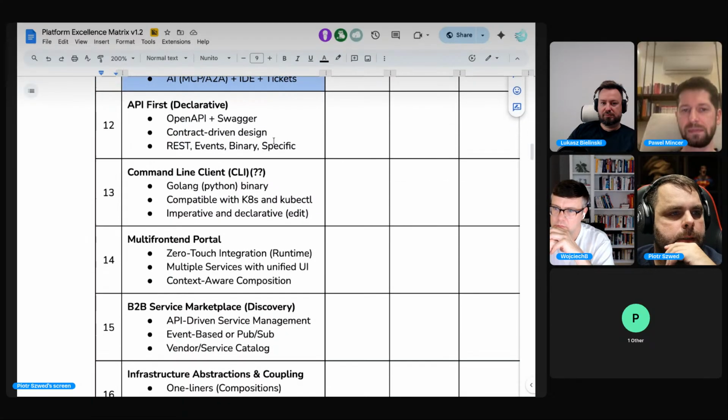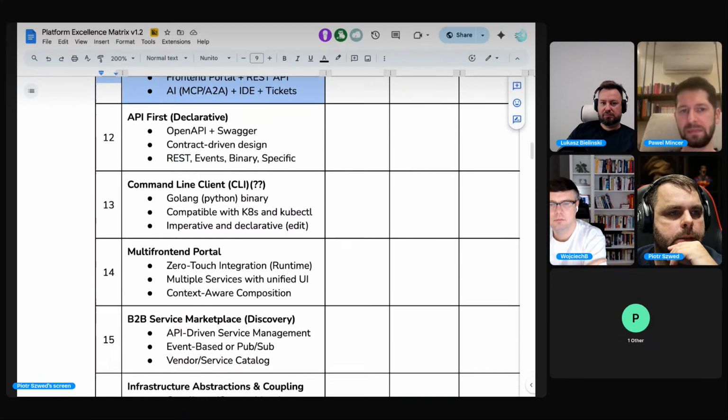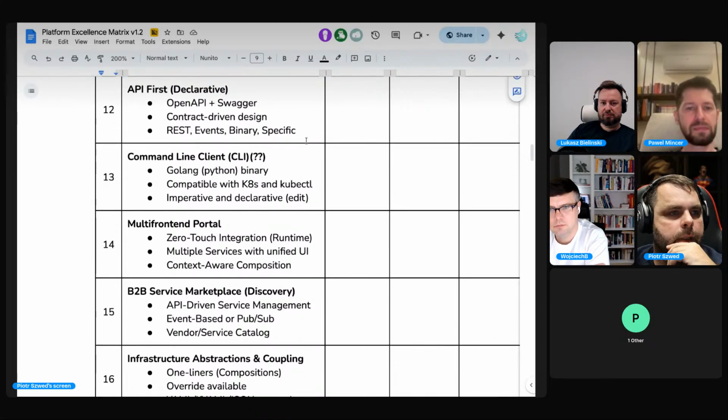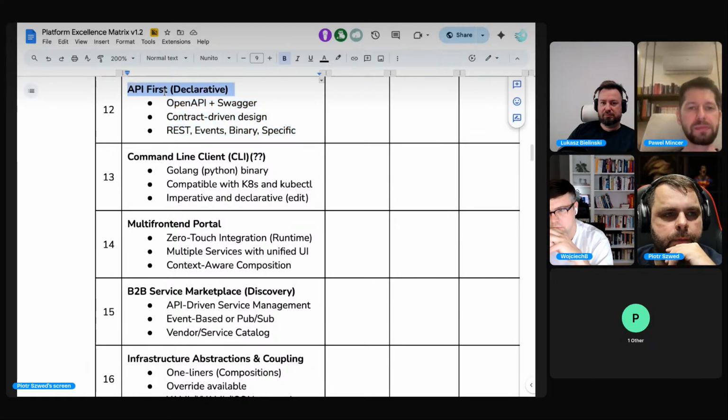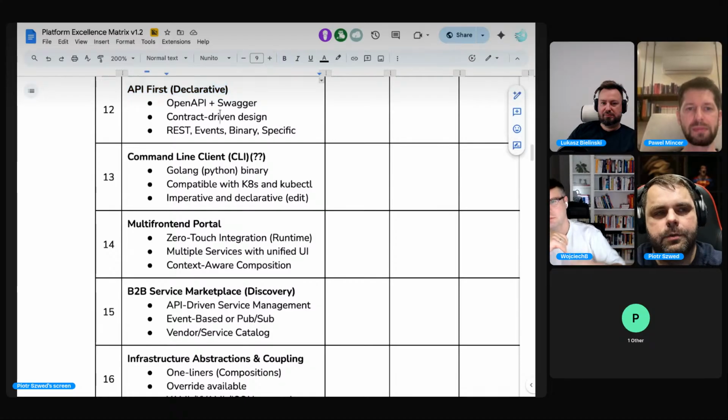Okay, that's all about this topic. Next one, API first, declarative. So should we assume, and this one is actually important because it touches one of my favorite topics, should we allow the platform engineering teams to use tools which don't provide any APIs, any interfaces we can connect to? Or should it rather be an API-first infrastructure, an API-first platform, so every tool, every component, every feature is available through REST APIs? What do you think, guys? And you know, I have my strong opinion here.